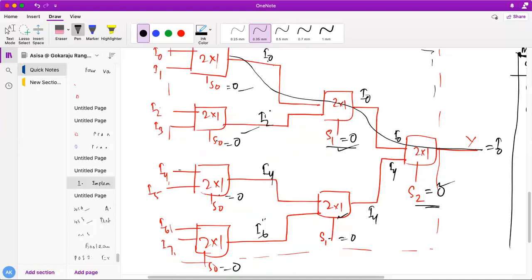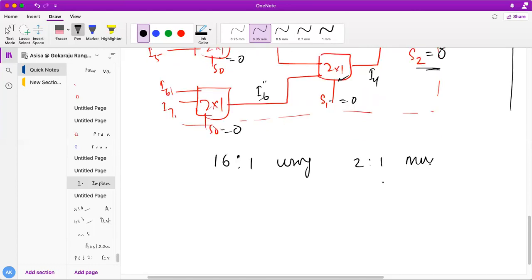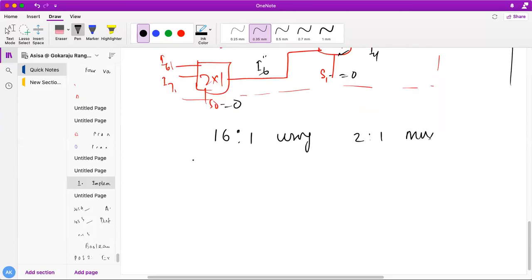Now the question is, do you all understand? This is very important, students, from the GATE point of view. You have to remember this directly. If you are required to design a 16 cross 1 mux using 2 cross 1 mux, what do you have to do? Very simple. I have told you, you have to start dividing. 16 divided by 2, you will get 8. 8 divided by 2, you will get 4. 4 divided by 2, you will get 2. 2 divided by 2, 1. 1 means you have to stop.